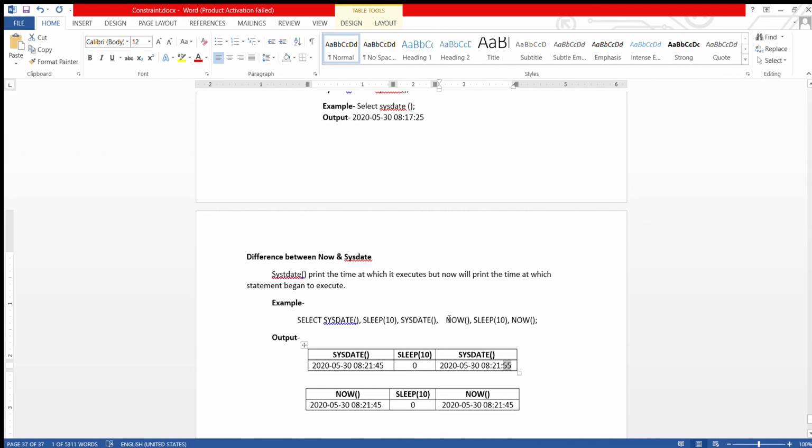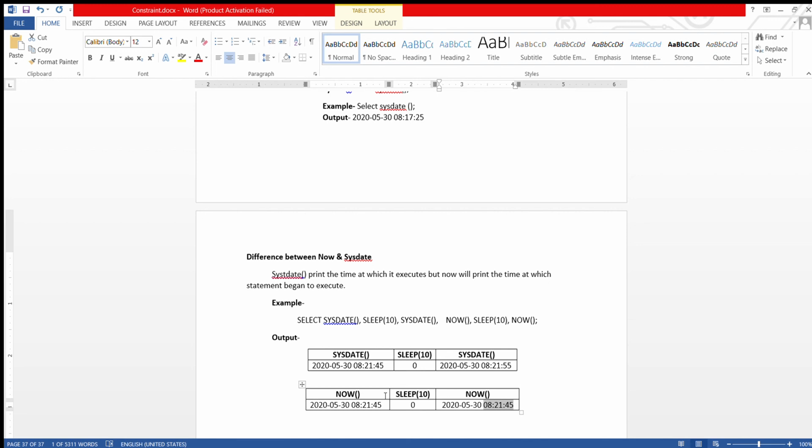Now see the second one. Now, sleep 10, now. So the first now will print this time, 8 hours 21 minutes 45 seconds. Now sleep for 10 seconds. Now again the same time, there is no difference: 8 hours 21 minutes 45 seconds. Why? Because now will print the time of the start of the execution.